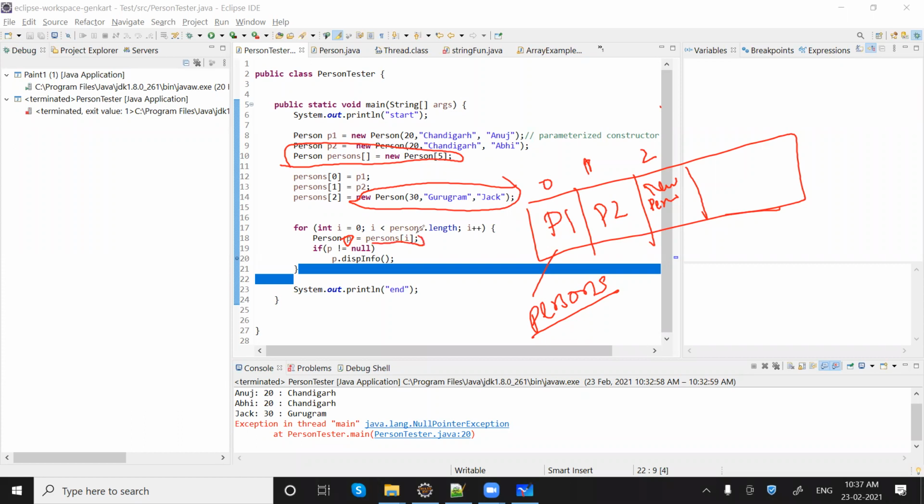So we don't really need to take new, because this already has objects. We are getting an object from the array. Just understand it like a bag of objects, and there are a number of objects already available in this bag. You are just extracting one object and keeping it into p, and once the step is complete, it will go back here and do i plus plus, and again it will come here, the value of i will be changed, and a new person will come into the picture. Getting my point?